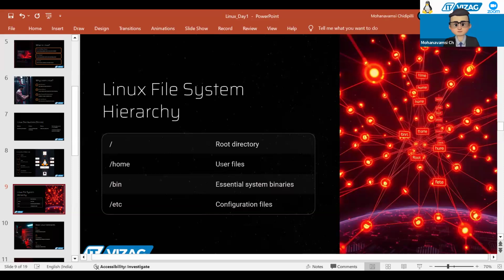Etc. Okay. In home, you will have user files. For example, in a Windows machine, under Program Files, we'll have users. In the same way, under home, you will have multiple users. For example, we have Vamsi, we have Saida, and we have different people, right? For each and every user, one folder will be created under home. Whenever you are logging into that particular Linux machine, you will be logged into that particular home